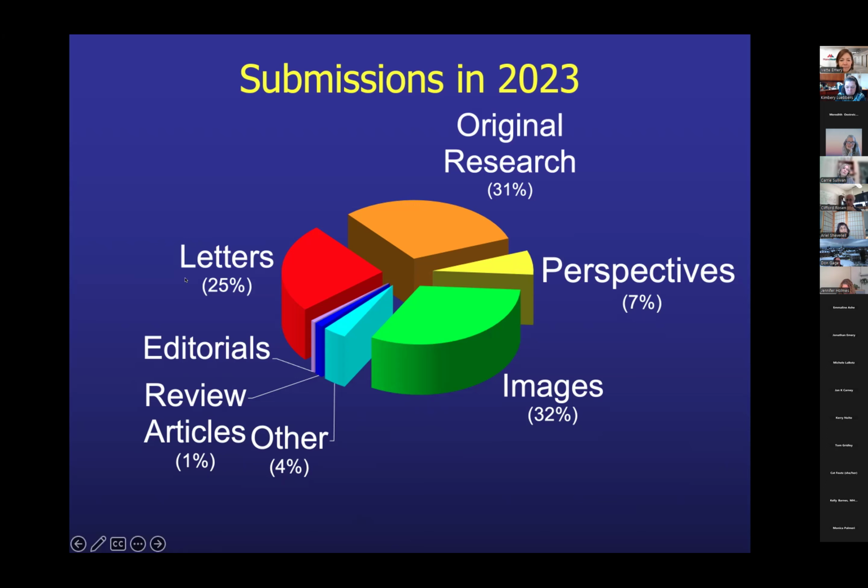Letters are cited. So when we talk about citations, we talk about original research, which has a citation, as well as review articles. And one thing that people tend to forget is that letters to New England Journal are limited to 450 words, but they're cited in PubMed. So a lot of people say, oh, I got to get published in New England Journal. Well, you can get published with a 450-word letter, as well as with a larger publication.